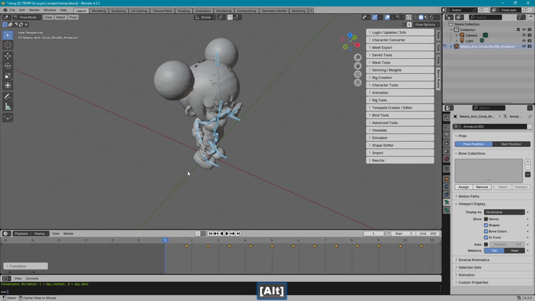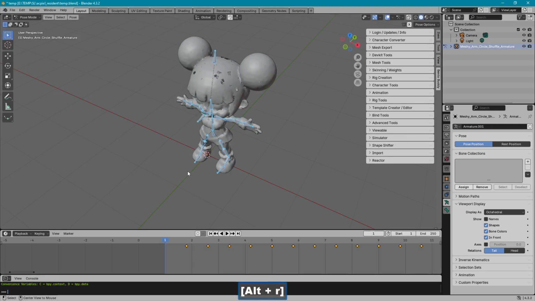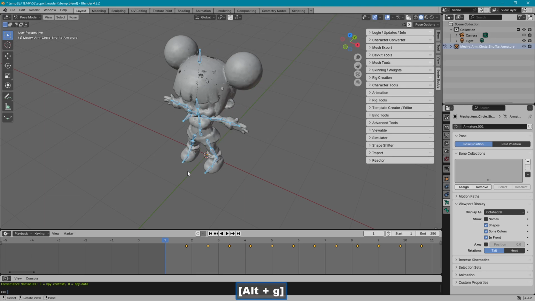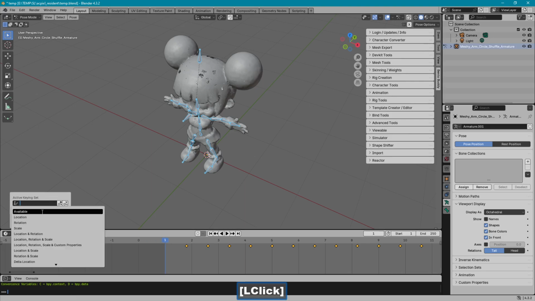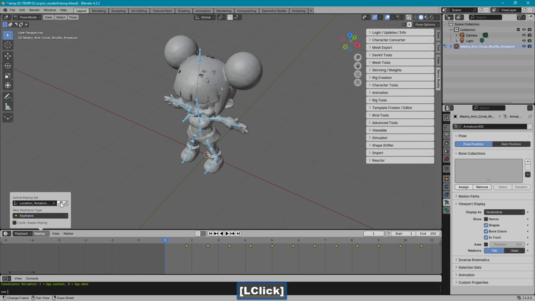Alt R and Alt G, because I want to make sure it's not translated. Now I can put a key here. Let's get a key set. I'm just going to do them all. We don't really care about scale, but that's my process. Now I have a reference frame,